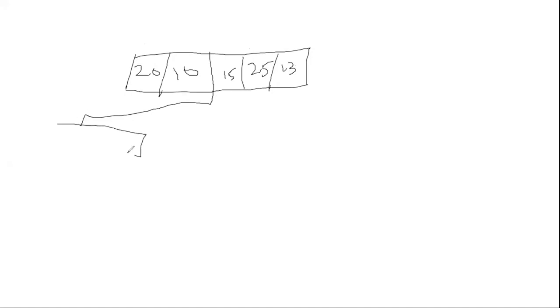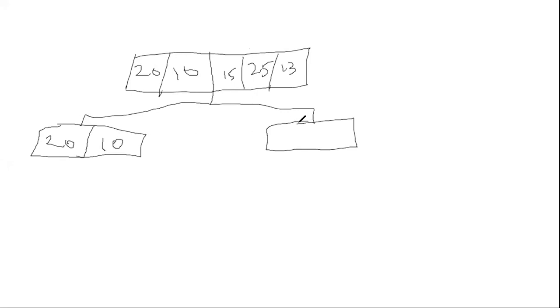So here I have 5 elements, guys. This is 20, this is 10, this is maybe 15, this is maybe 25, 13. Now I will divide this into 2 halves. So 5 divided by 2 is 2, remaining 3 on this side. No issues, here you can take 3 or here you can take 3. That is your wish. So better here we will take 2: 20 and 10. Everybody, all of you following? Say yes or no.